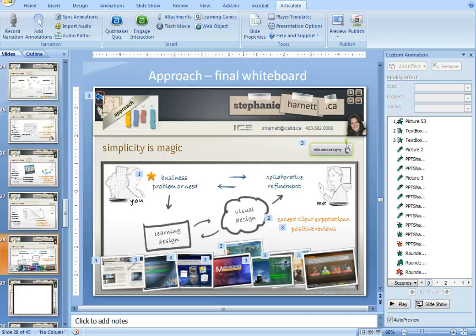Hi, it's Stephanie, and this is the fourth screener in a five-part series that I'm doing on the stephanieharnett.ca website that I built using PowerPoint 2007 and Articulate Studio 09. This one I wanted to focus on the whiteboard effect that I have in an area called Approach as part